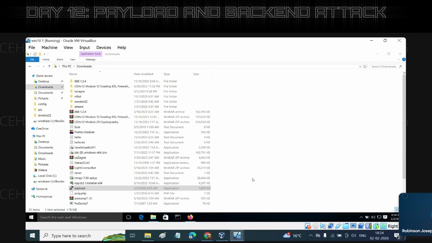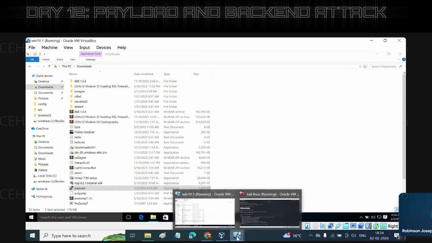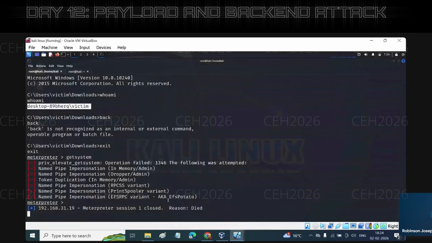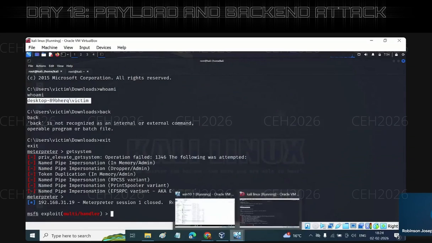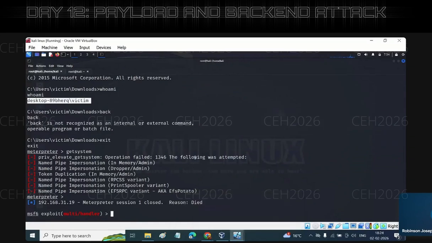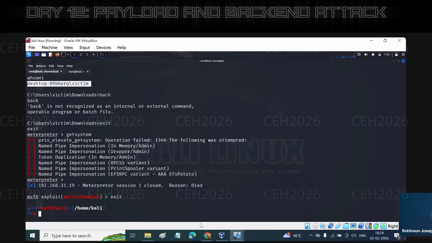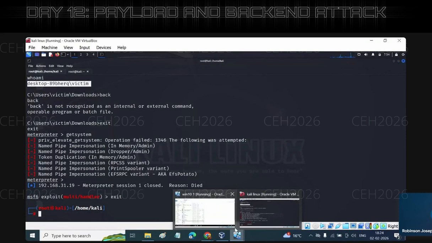So I'm trying to do that method so that I will be able to bypass the UAC, but it is not 100% sure that I am able to bypass it. Okay. I'm trying to do that one. So what is the exact method? First of all, I have to create a payload again, and that is a simple payload. Okay. So for creating a simple payload, first of all,